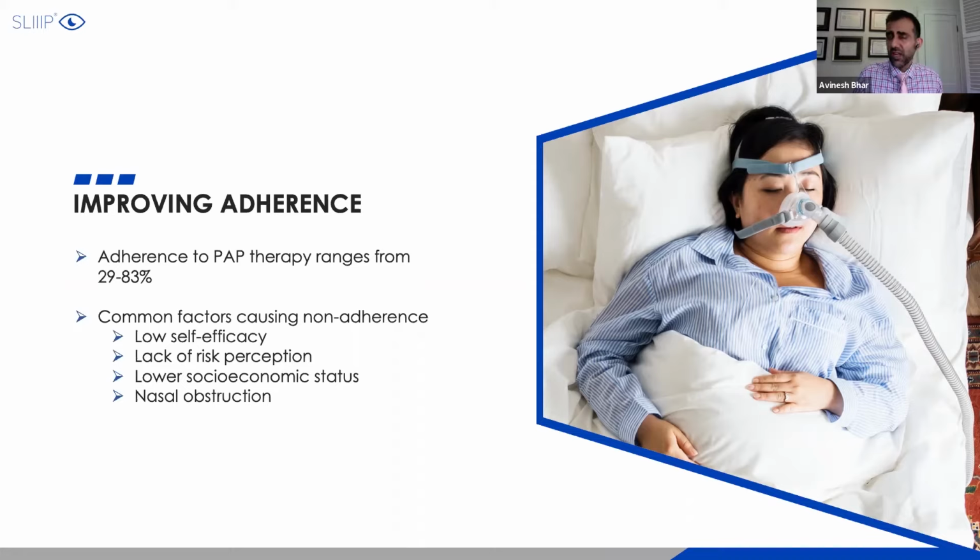Risk perception as well. Oh, I'm fine, I'm doing okay, my blood pressure is good. Yes, your blood pressure may be good for now, but you're already on 2 blood pressure medications and so on. So that's also a concern. It's like, oh, my blood pressure is fine. Yes, it is fine. You're on multiple medications to keep it at that level. So we want to talk about if we get treatment done appropriately, they might actually come off some of their medications or lower the dose.